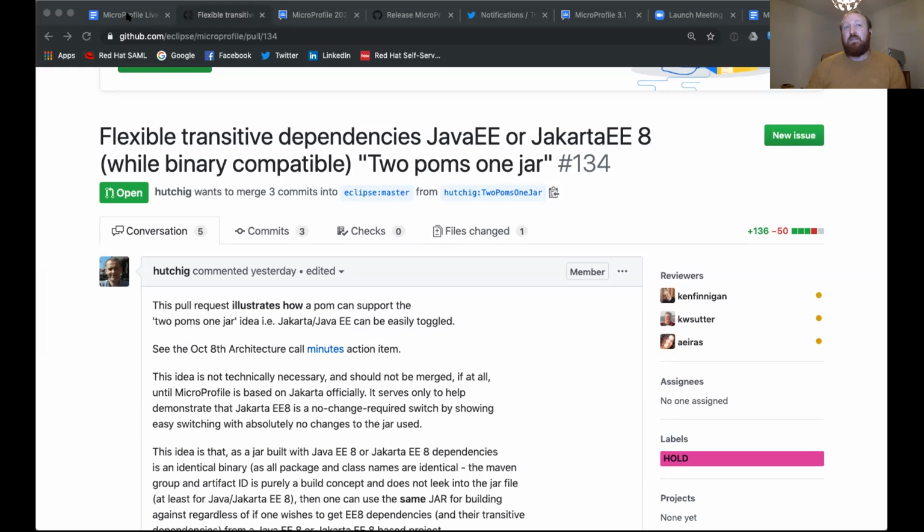Because of that, I think I also inherit all of the transitive dependencies. So the Jakarta EE thing is dealt with there, but that's also referring down to the health, the metrics, etc. APIs.